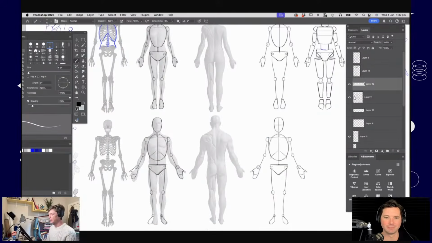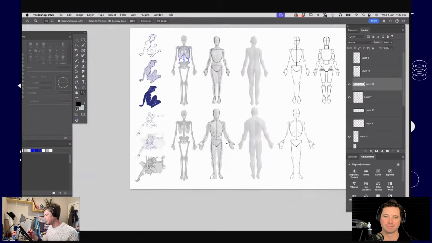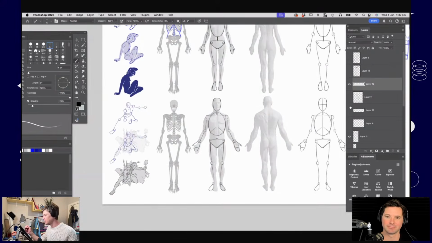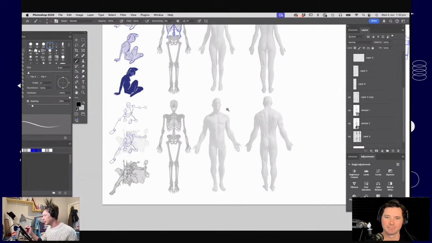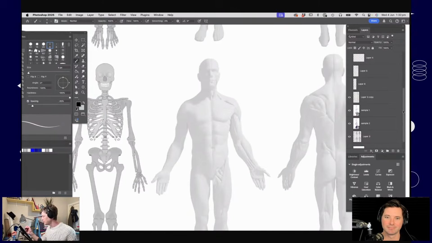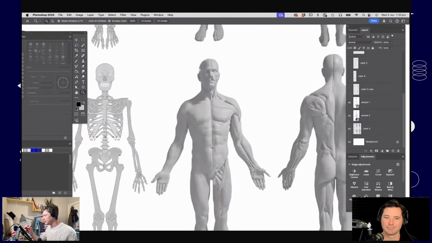I don't know all of those off by heart, but I've got a general idea, and you only need a basic idea to get started. So I'll talk you through some of the main ones, sketching over one of the characters I have here, and we'll talk a little bit about those muscles.